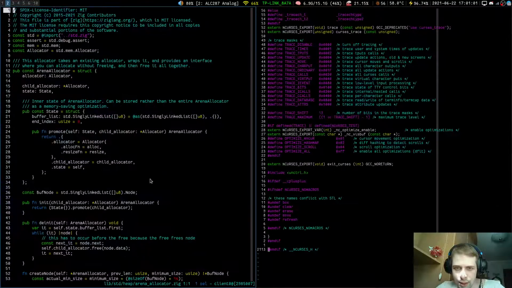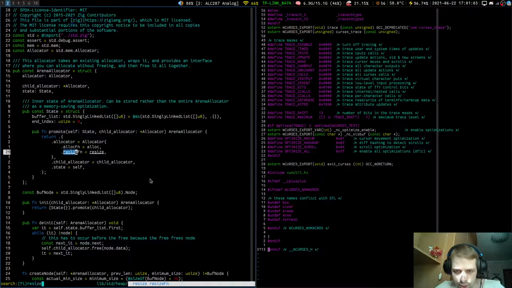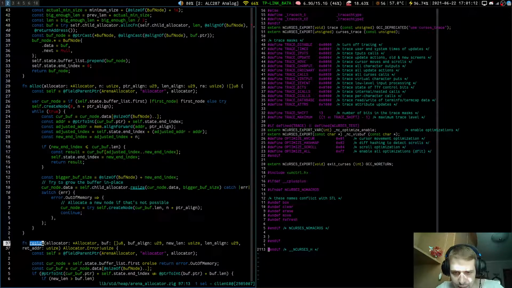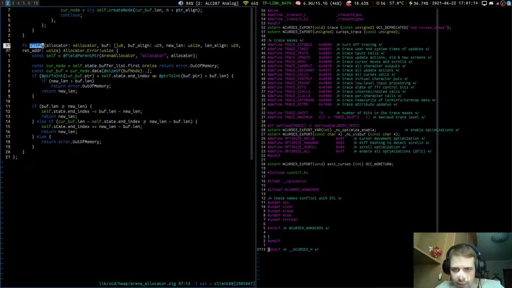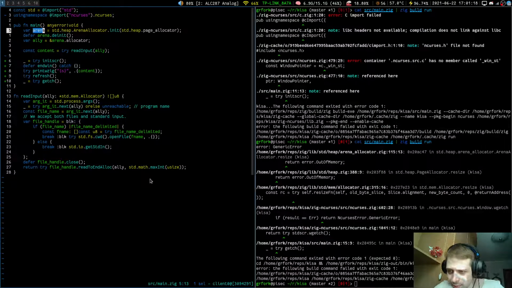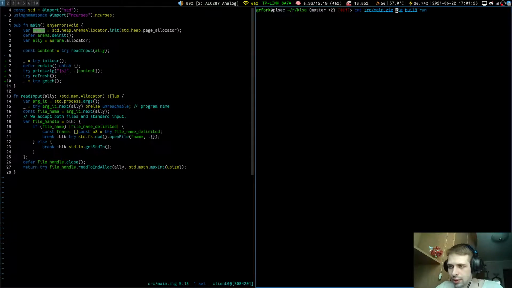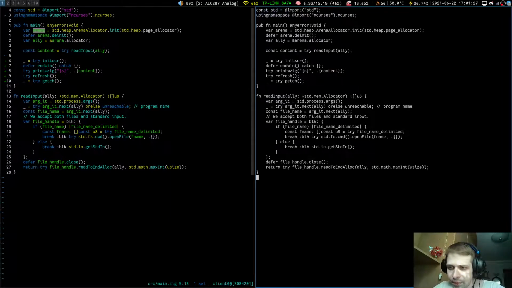Arena. And what about resize fn? Resize. Well, we have resize, so maybe it's not the problem. Okay, let's try again. Let's try like this. I like this more. Okay, so